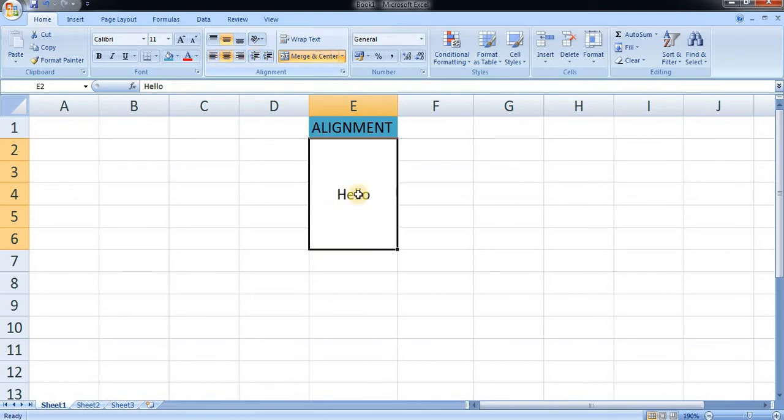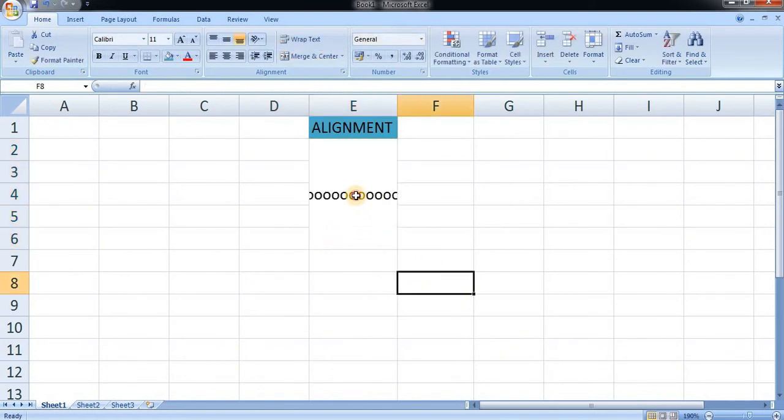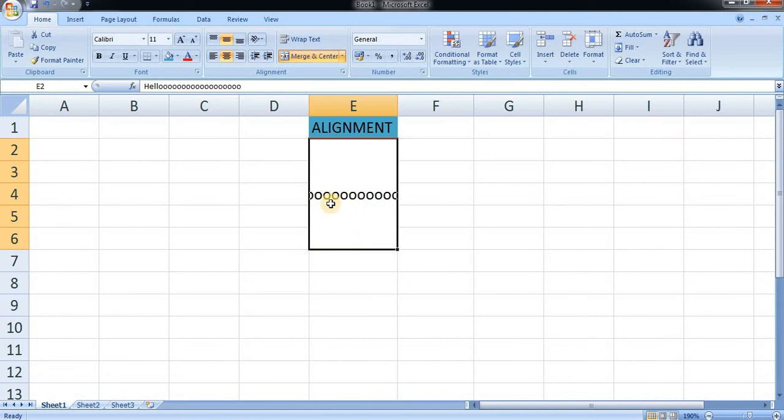Now for example, if there is a long sentence, let's say hello is very long, and you can see that it is not fitting in the particular cell. So what you can do is wrap the cell, in which the width of the cell will remain the same, but the height will adjust. So it will wrap the text and adjust the text in the particular cell.